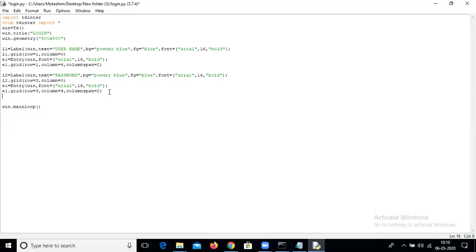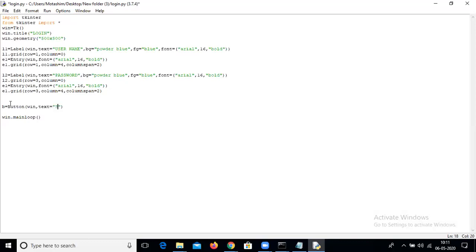How to create a button? Similar. To create a button, B is equal to small f, equal to Button. Same. The first argument will be the window argument. Next is what you want to write on the button. Just write it here.